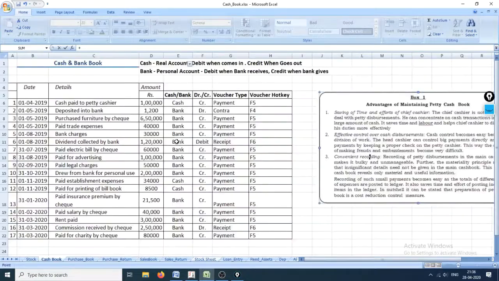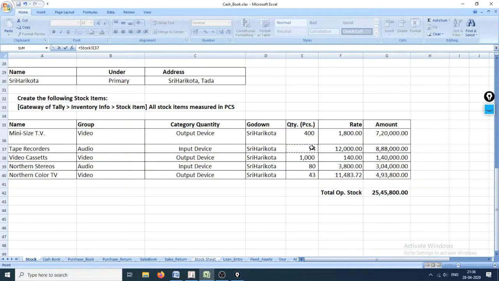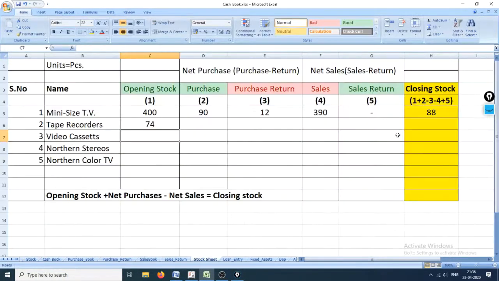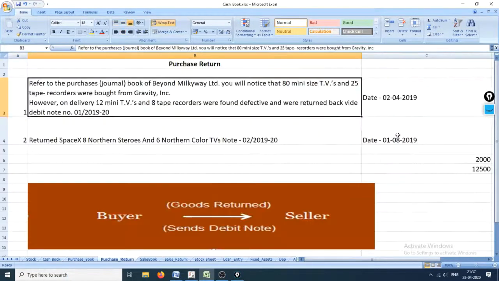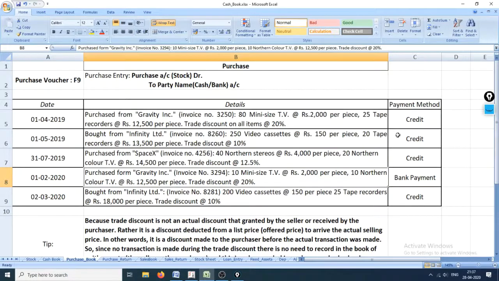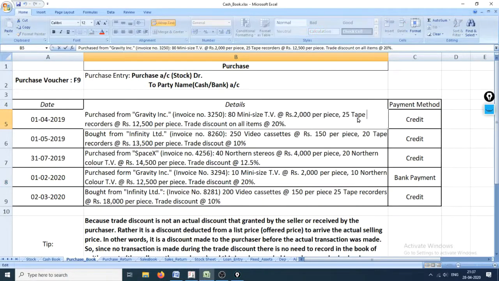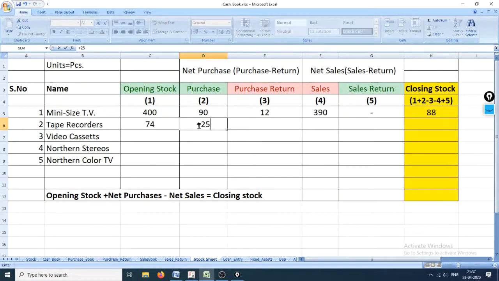The opening amount is 74. Purchase of tape recorder was 25 here, 20 here, and 25 more. So I'll add plus 25 plus 20 plus 25, hence the total comes to 70.